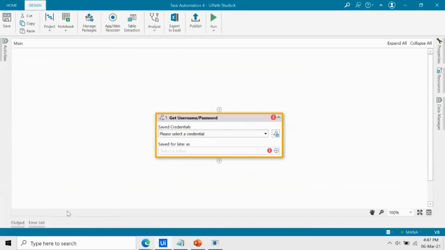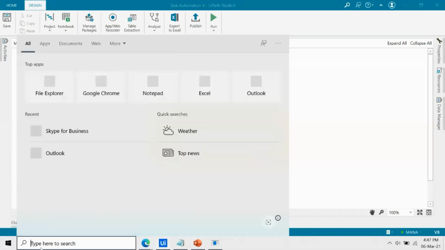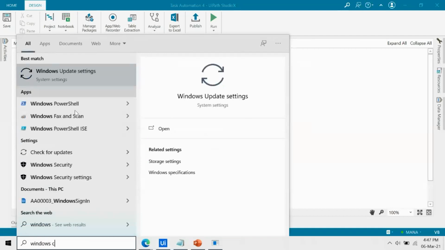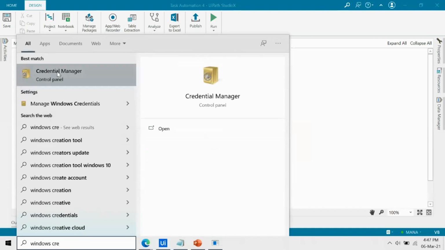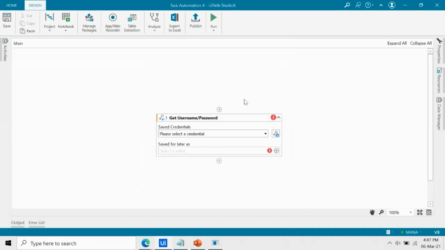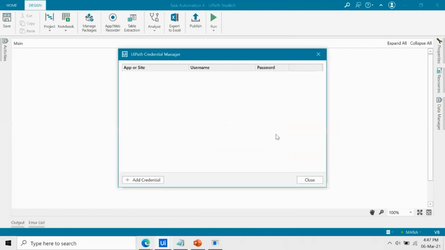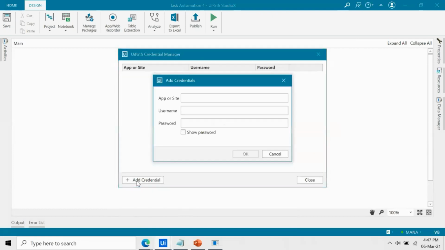Okay, so Windows credential is something where you have a credential manager where you can manually store it, or you can ask the bot to store these credentials with the help of the Get Username and Password activity. So you go to Add, update or remove existing credentials and click on Add credential.